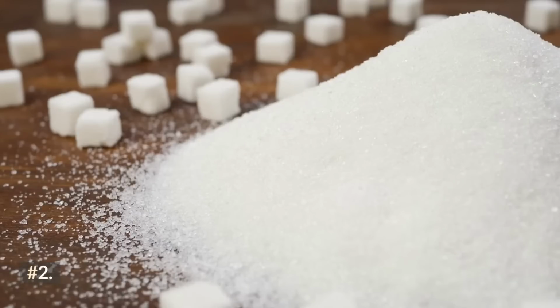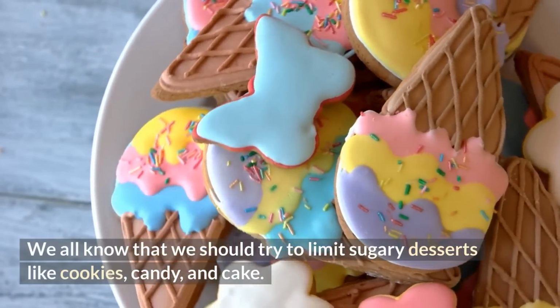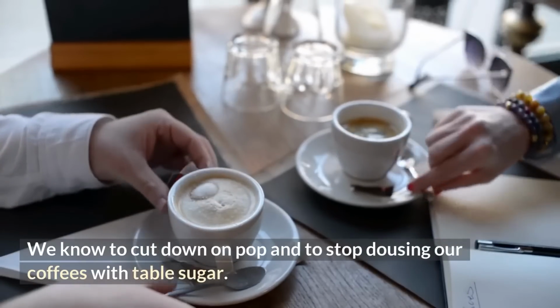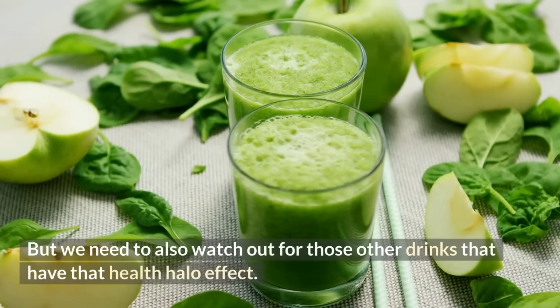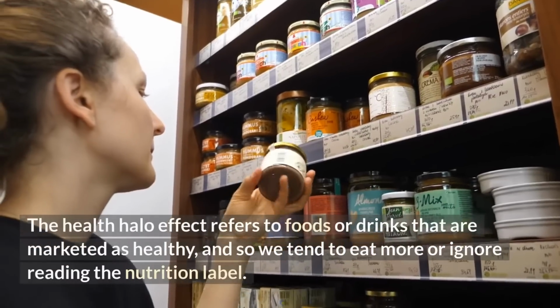Number 2, sugar. We all know that we should cut sugary desserts like cookies, candy, and cake. We know to cut down on pop and to stop dousing our coffees with table sugar. But we need to also watch out for those other drinks that have that health halo effect. The health halo effect refers to